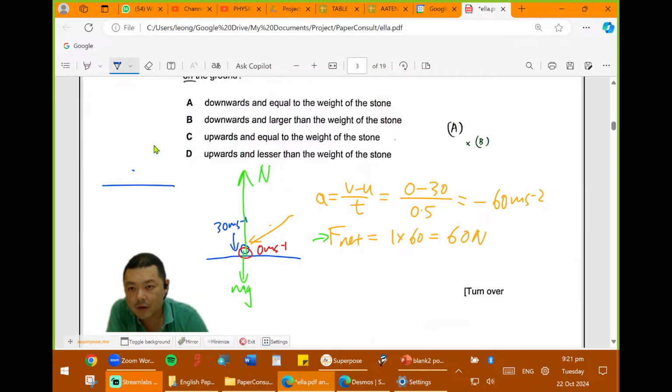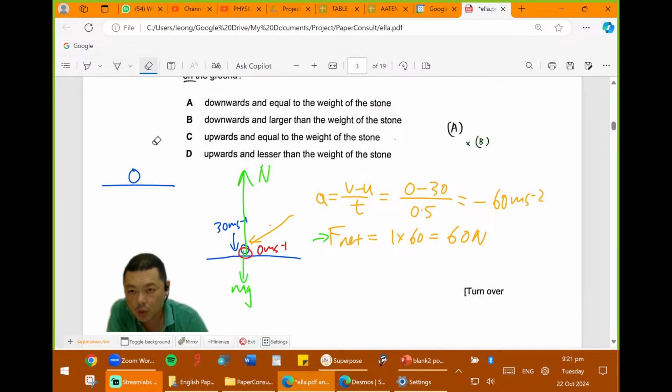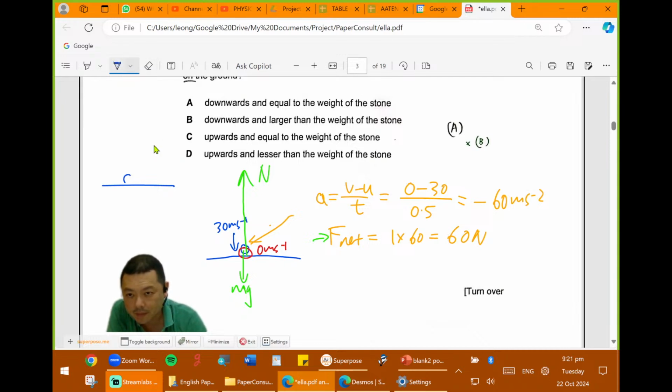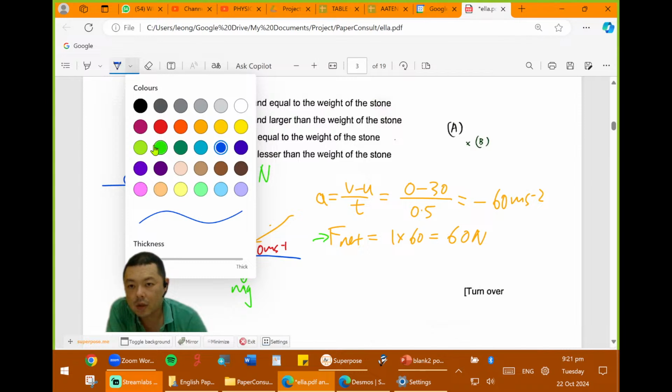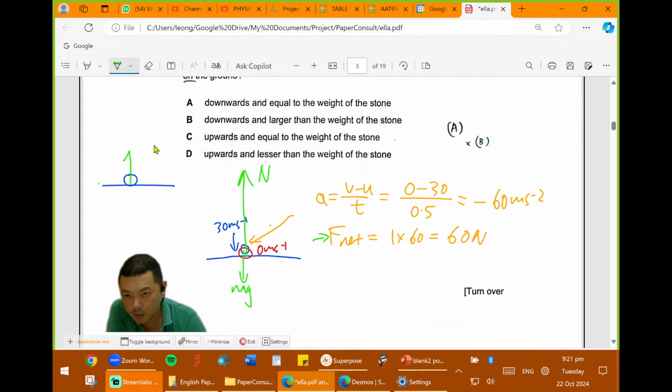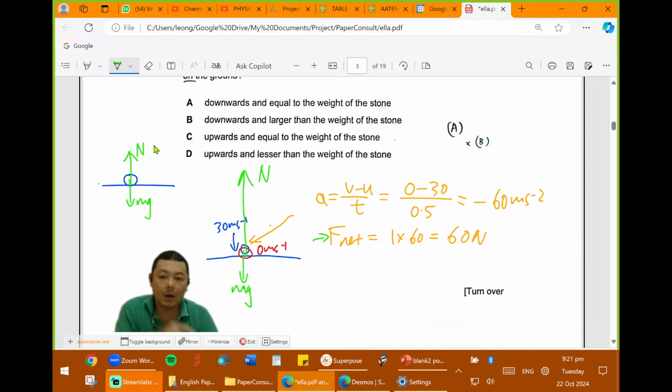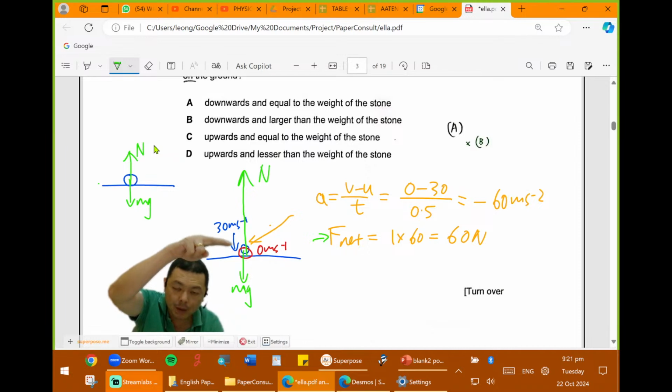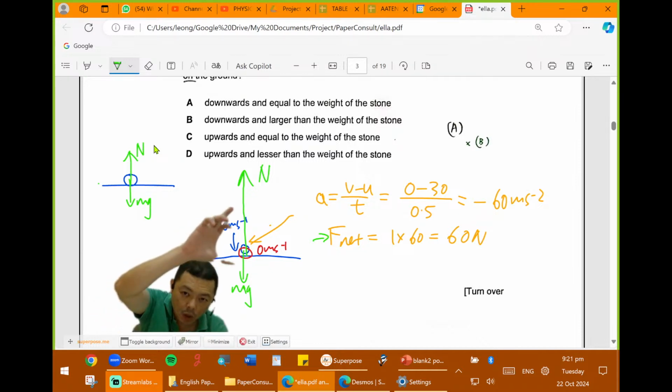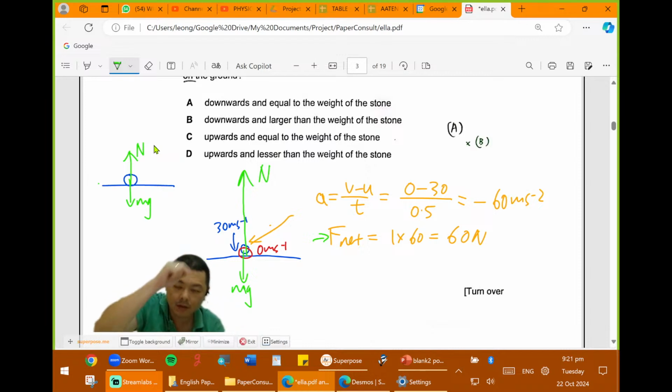That is different from when you put the stone on the ground. Let's say you put a stone on the ground like that, right? Do you agree that the normal contact force will be equal to the weight? Okay, but when it's being dropped and it has an initial velocity and it impacts the ground for a very, very short moment, the normal contact force is much bigger than the weight, right? Why is that so? Why does that happen?